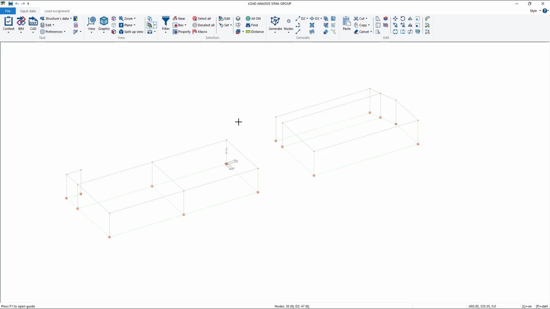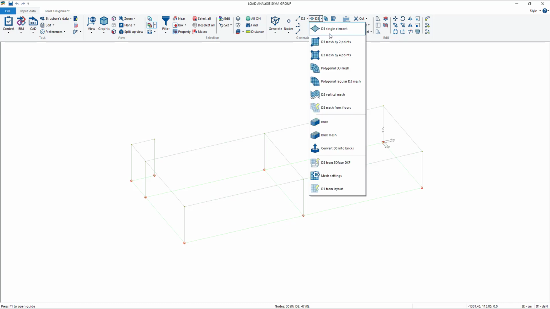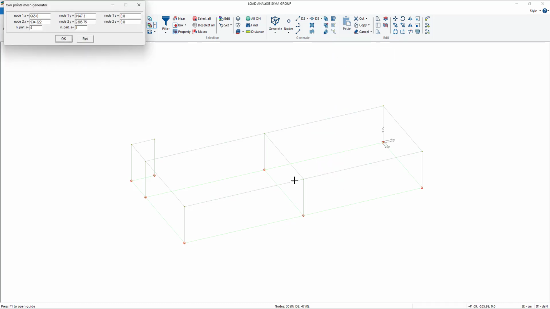So for this, I will use just this left structure as an example because it's quite easier. So I will hide this, display hide. Okay, and now we'll just focus on this one. We need walls, so basically we go on D3, mesh by 2 points. I can click here and here and go OK.